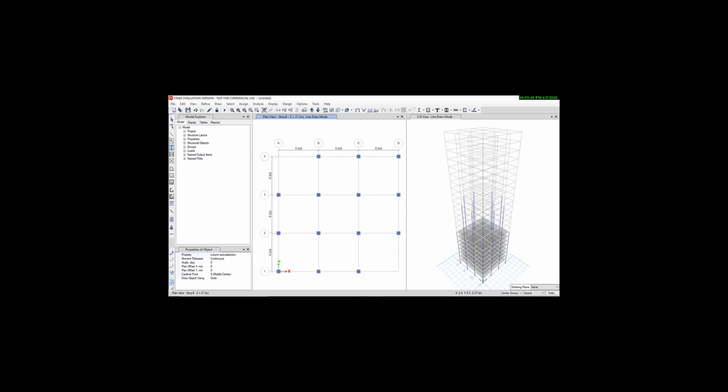Select quick draw beam from here, beam auto selection, property, same, select slab, quick draw slab.